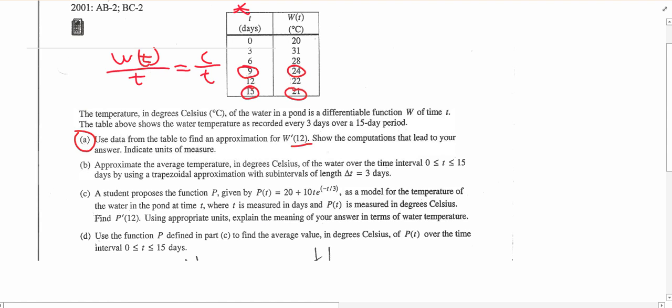So it says show your computations that lead to your answer, and I believe that this is calculator active. I think that's what this little symbol over here means. So we'll certainly take advantage of that when we need to. So the proper way to get your full points on this is to say that W prime, actually we don't need the T there, do we? We need to go ahead and just put our number, 12 days, is equal to